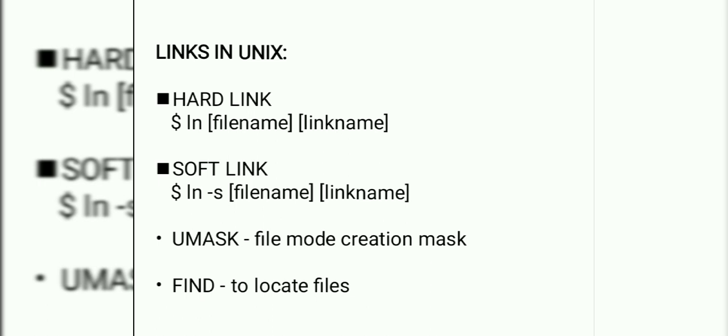Hard link. It is the exact replica of the actual file it is pointing to. It is useful in performing copy on write and allows the user to keep a backup of a file. But we cannot create a hard link for a directory, and a hard link can be created as shown here.